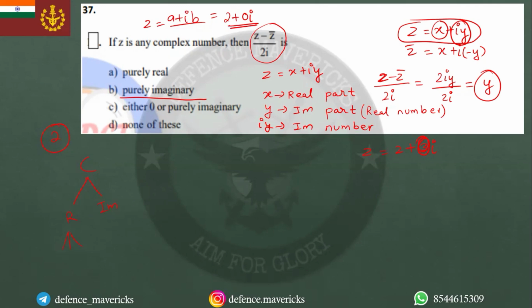एंड व्हाट इज द डेफिनेशन ऑफ रियल नंबर्स? इमेजिनरी पार्ट इज जीरो। तो बेसिकली y इज जीरो, बट y इज इटसेल्फ अ रियल नंबर, ठीक है, इट्स द इमेजिनरी पार्ट। बट iy जब मैं लिखूंगा तो इट विल बी अ इमेजिनरी नंबर। ओके, so if I'm getting only y as the answer, that means I'm getting purely real number। गेटिंग माई पॉइंट? क्योंकि i कैंसल आउट हो रहा है ना। अगर नीचे सिर्फ 2 होता ना, अगर ऐसा आता आंसर हमारा 2i y अपॉन 2, तो हमारा आंसर क्या आता? iy। नाउ इट वुड हैव बीन प्योरली इमेजिनरी।